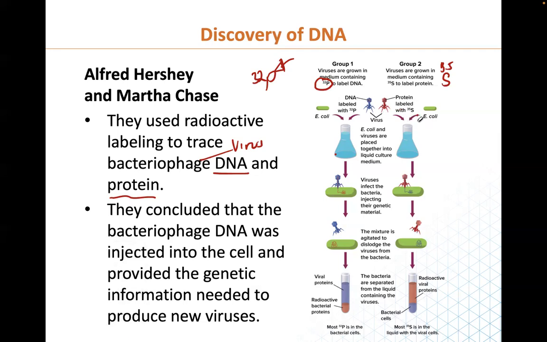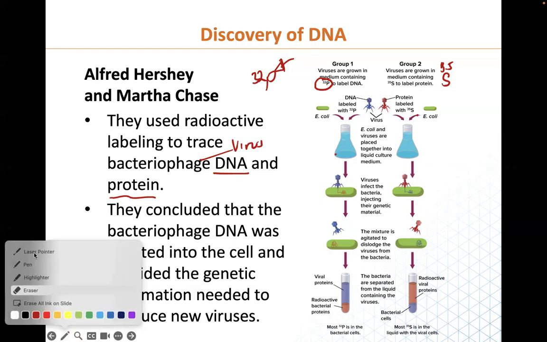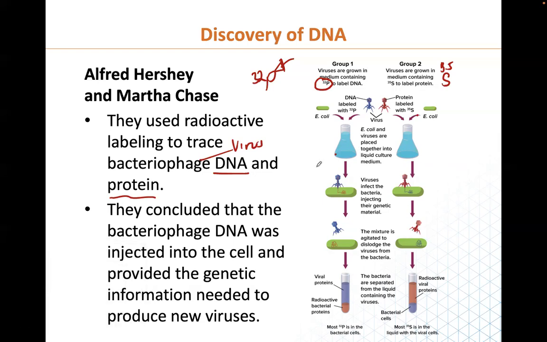So when these two were done, they were put in the same flasks, and the E. coli and the virus were placed together in the same liquid culture medium. In the flask, there is a liquid culture medium, which is going to make them grow and give them something to feed on. What happened is the virus infected the bacteria and injected the genetic material into the bacteria. After that was concluded, the mixture was agitated so as to dislodge the virus from the